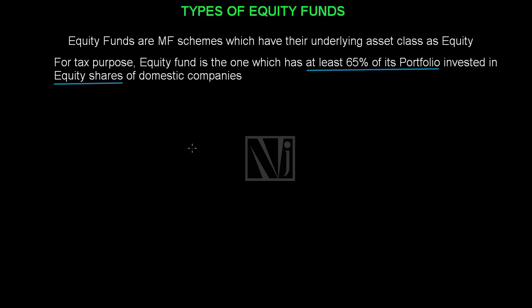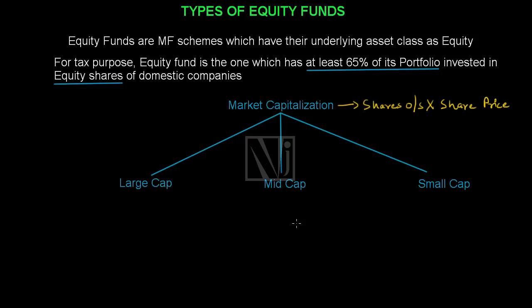In this topic, we are going to cover the different types of equity mutual funds available to investors for investing. The first categorization is on the basis of market capitalization. Market cap is the market value of a company. The market cap of a company can be arrived at by multiplying the shares outstanding with the share price of the company. Recently, SEBI has introduced guidelines for market cap related classification of equity mutual funds. It has broadly categorized the funds into three categories: large cap funds, mid cap funds, and small cap funds.